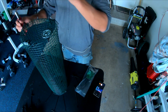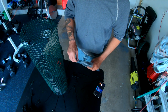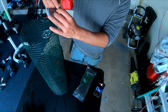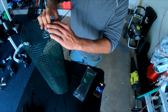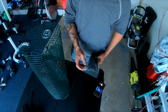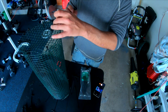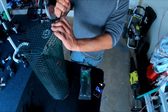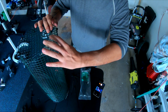You'll be catching pinfish, you'll be catching little blue crabs, you will be catching Mayan cichlids, you'll be catching bluegills, you will be catching baby tilapia, you'll be catching crawfish with this trap. I mean, there's tons of things that you guys can catch with this trap, and again, it's just something that you could do with your friend, your family, your young ones,